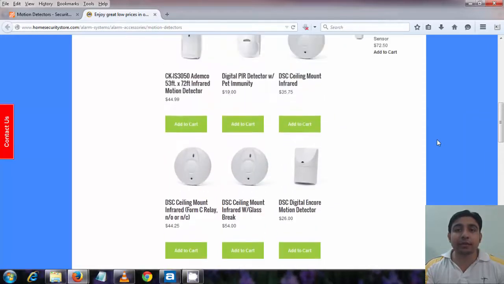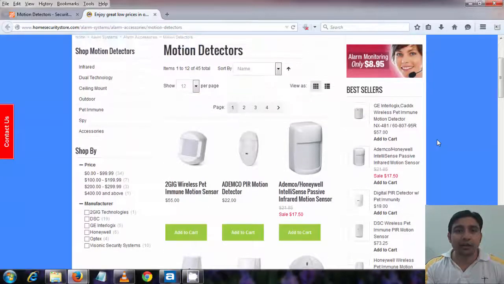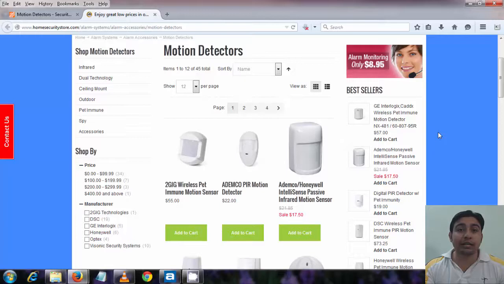These systems can provide you security in many different kinds of situations. Now if you closely see the details of many of these systems, you will find that one thing is common on most of the products. That is motion detection. These systems can detect motion so that in case of your absence, you still will be able to know that someone is present or maybe someone broke into your house.